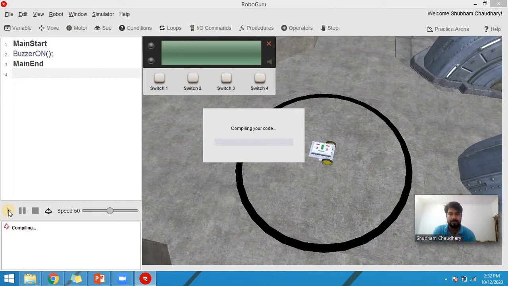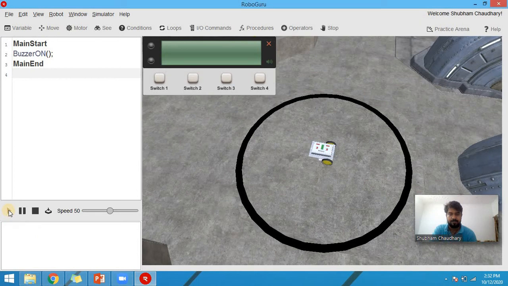Let's see. You will hear this sound until you press the stop button. So you have to press the stop button to stop this sound.